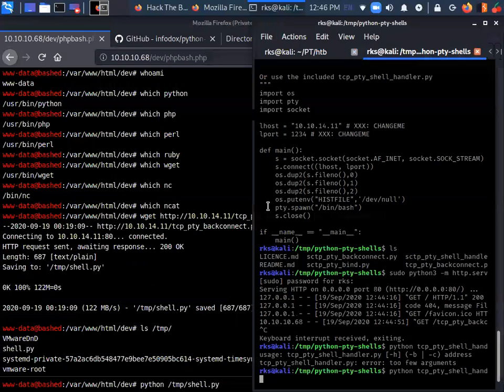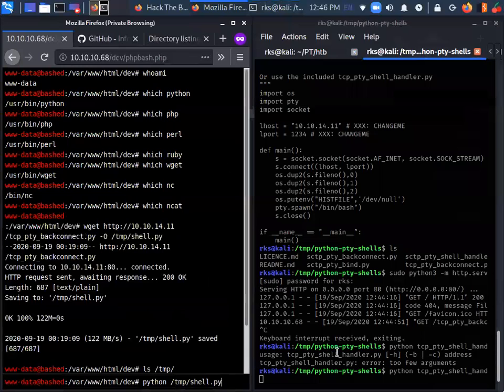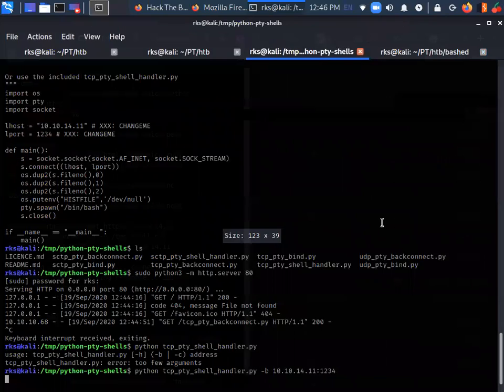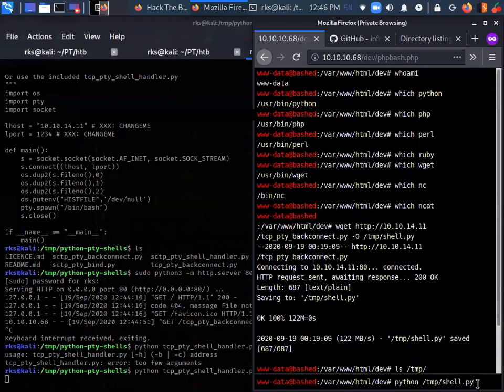So let me show you both of this thing happening side by side. Okay, I can just do this way as well. So now I'm going to press enter here on the browser. Press enter, and on the left hand side you can see I got a shell back.